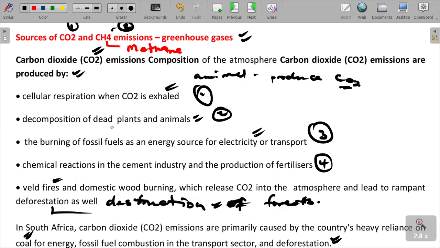The burning of fossil fuels as a source of energy for electricity or transport. I've already mentioned that when fossil fuels are burned, carbon dioxide is produced, which is also the case in transport when